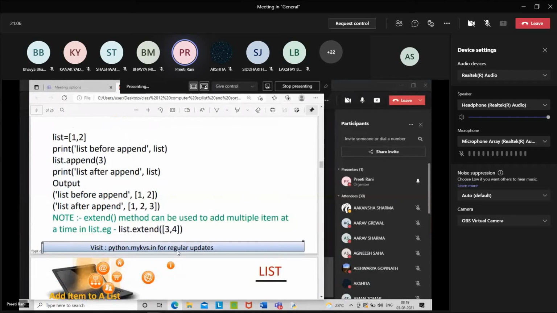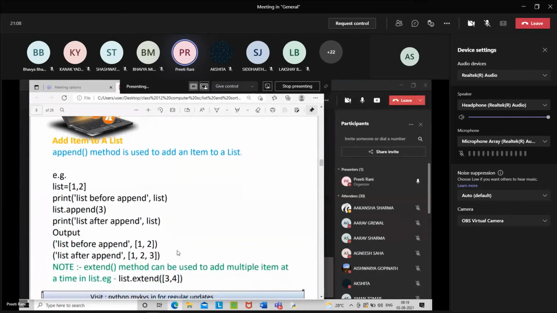I think you can try with that also. Please try in your computers, all of you. Try all the entries of append and extend, because this is very important. You should try. Do it in your computers, all of you. Whatever I was doing, see this one.